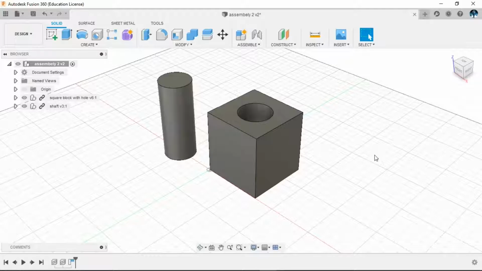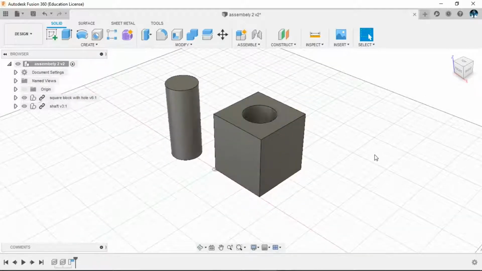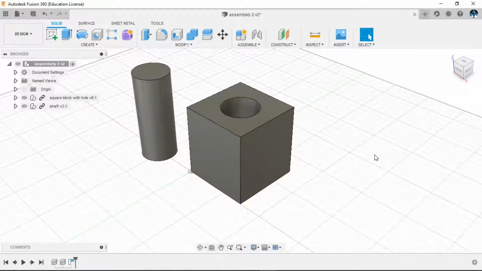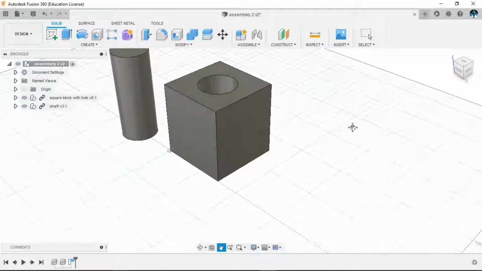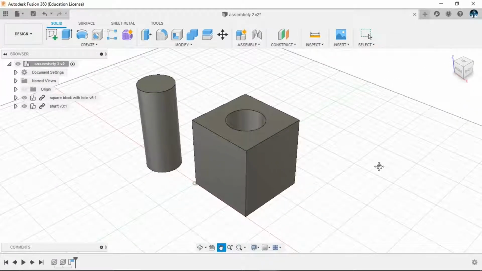After that, if I want to do zoom in and zoom out, I will just scroll the scroll button of my mouse back and forth, so that here you can see my zoom in and zoom out option has been activated. Now if I want to do pan, I will just click and hold my scroll button and move my mouse, so my pan option has been activated. If I move my hand from that scroll button, my pan option is closed.